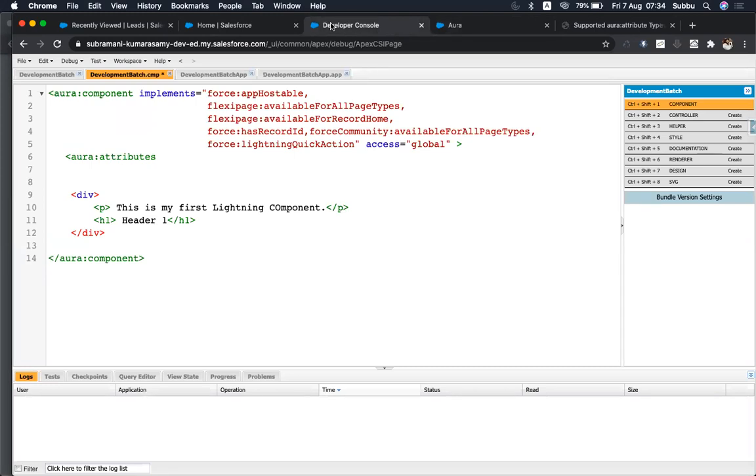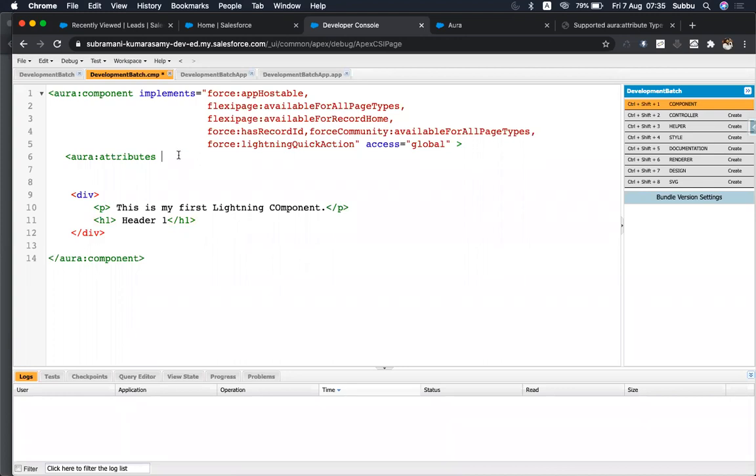Why do you need fields? To store values, right? Dynamic values from the user, you will be having fields. The fields will have data types like this. In the lightning component, this is the component, and this is an attribute which has a name and a type.